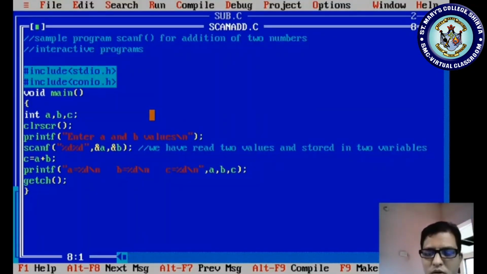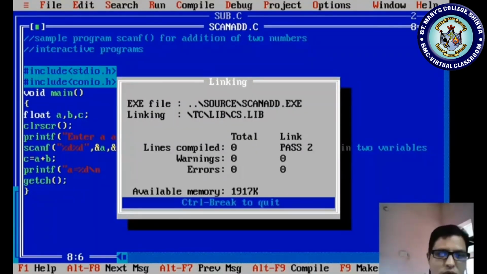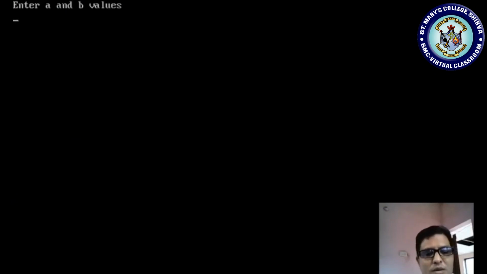I am entering a value as 10, b value as 20, and let me check what it is giving. A is equal to 0, b is equal to 16384. It is garbage values we are getting. Why? Because what is the control string of a float? Here it is %f. Got it? So that is why it is giving an error.